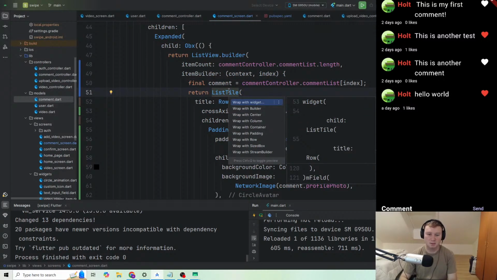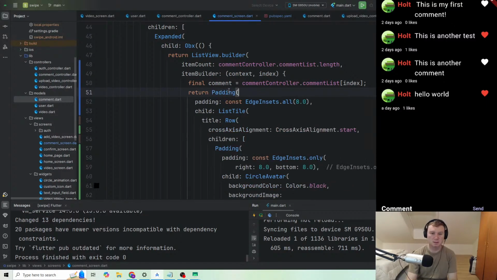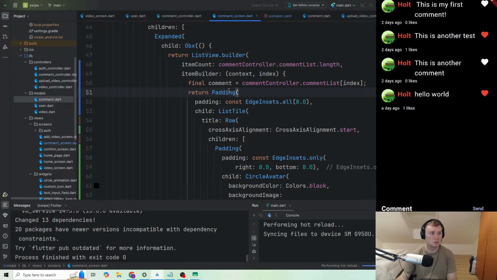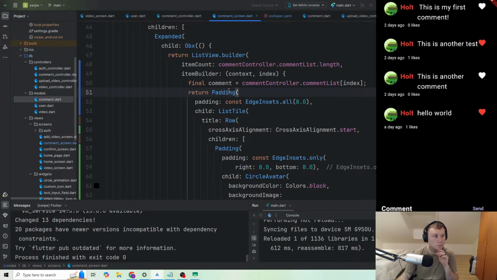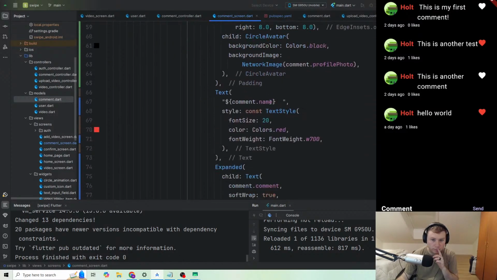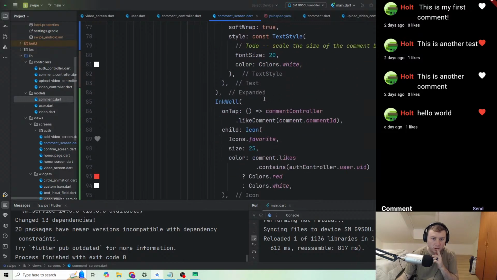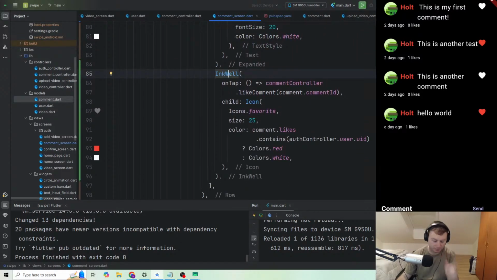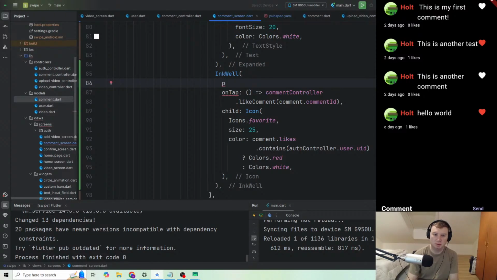Let me see if this helps before I go crazy on this. Wrap with padding. Inkwell, and let me just do